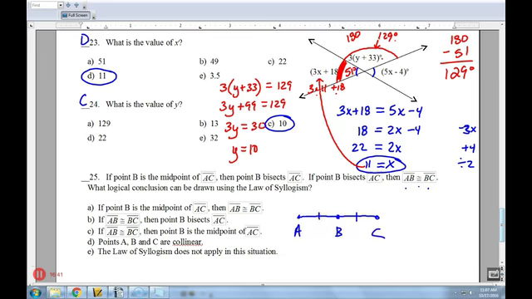All right, so let's think about syllogism. It's kind of like that transitive property. And the flow is, if 1 equals 2 and 2 equals 3, your conclusion is that 1 equals 3. So let's kind of try to take this up above. So here's my first if. If point B is a midpoint, we're going to call that number 1. Then point B bisects, so that's part 2. So 1 leads to 2. That would be this arrow over here. 1 leads to 2. And then you'll notice this 2 gets repeated. So that way 2 then goes to 3. 2 goes to 3. So your conclusion using syllogism is that